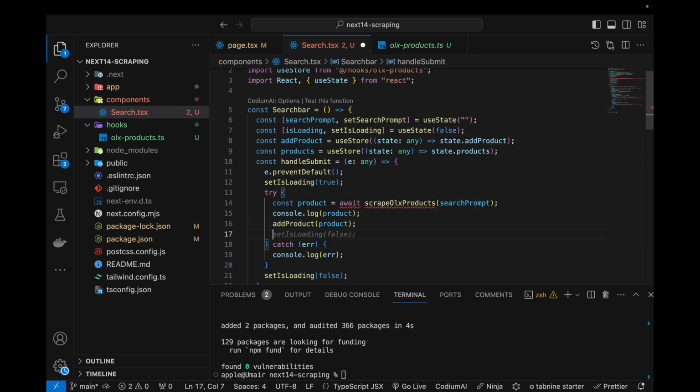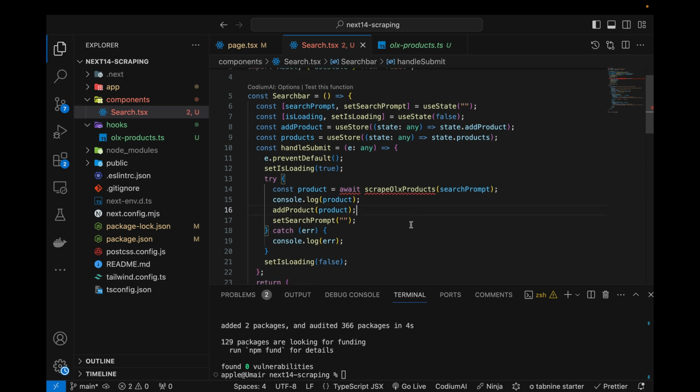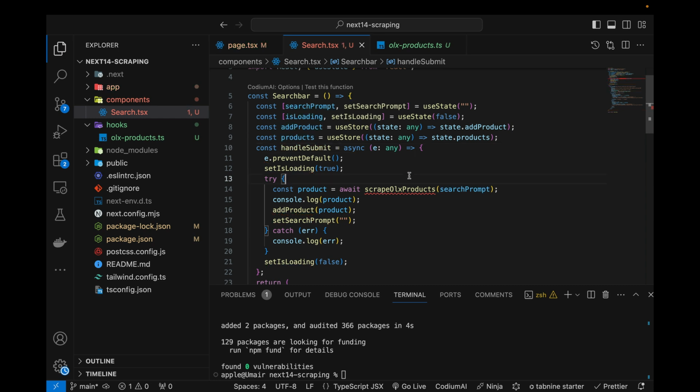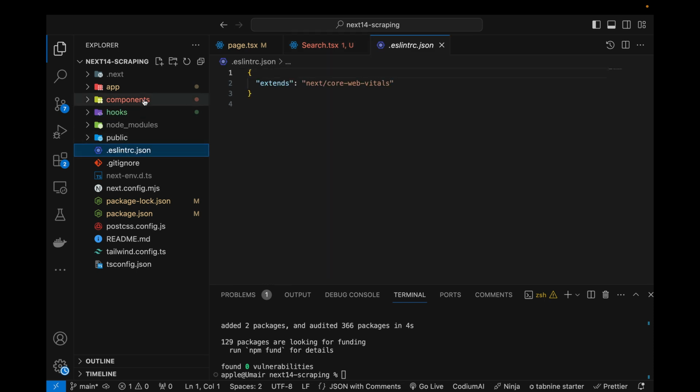Once this process of fetching the data is done, we can actually set the search prompt empty. We want to make the search prompt empty from inside. So I think that's pretty much all we need to do in this particular file. And yes, we need to write async over here because we are using await in handle submit. So async. All right, so let's create this function, and I'm going to create a new folder,